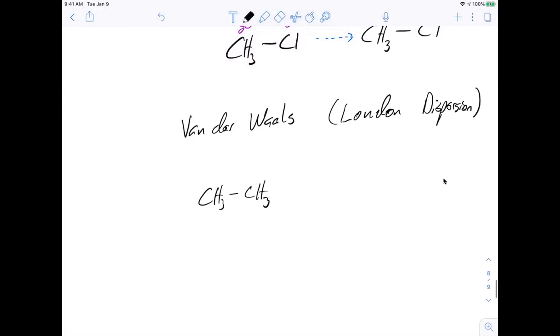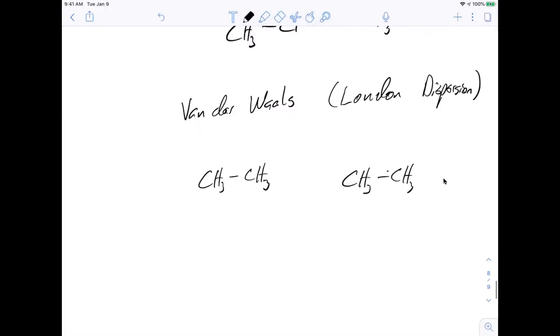if we look at what is attracting this molecule to this molecule in a liquid. If the molecules aren't attracted to each other, they would not want to be close. There's a little bit of attraction here. What these are doing is, if we look at what's going on with our electrons, the question is, will the electrons in a molecular orbital